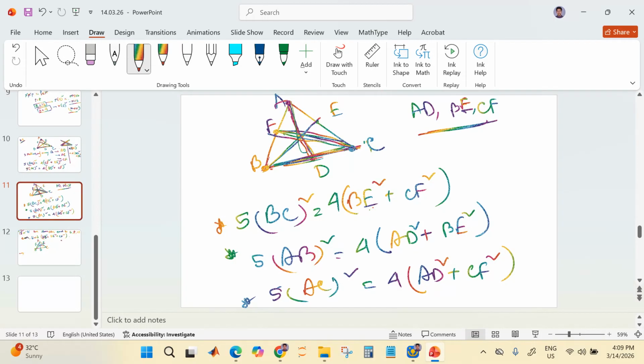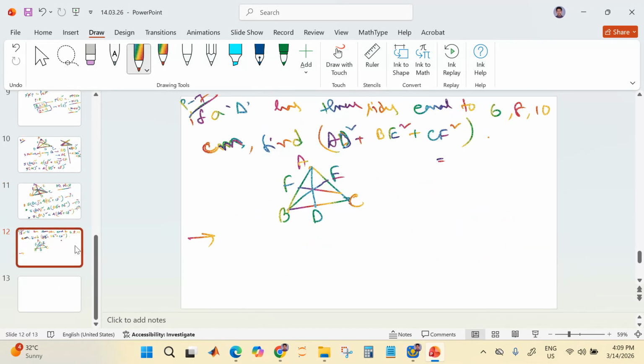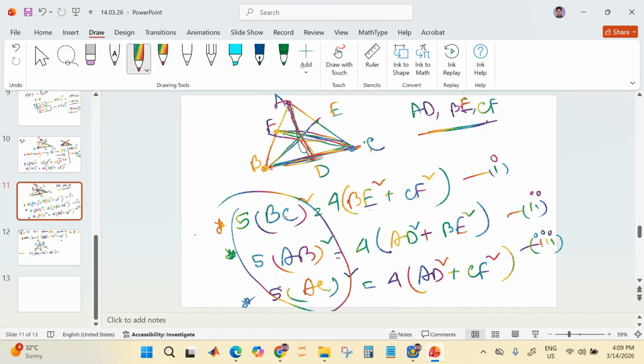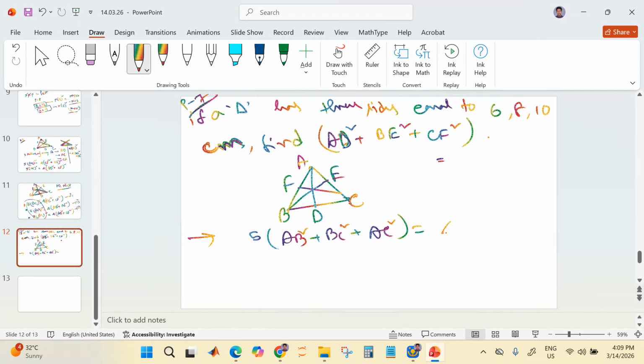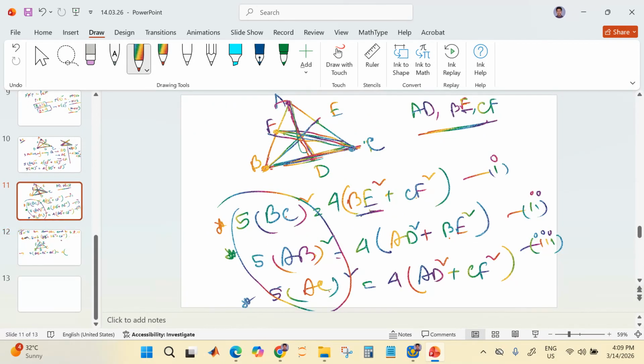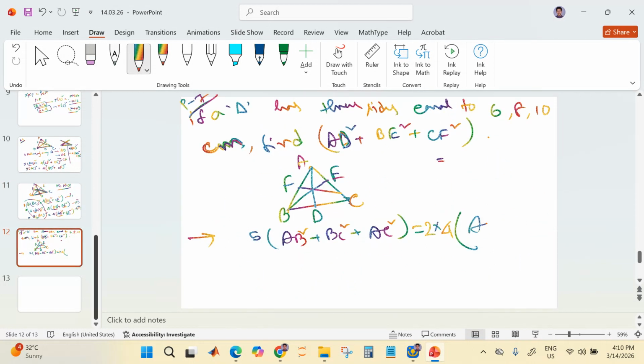আমি একটু বলে দিচ্ছি। এখানে এডি, বিই, সিএফ এগুলোকে এই বিসি, এবি, এসি এগুলো তুমি জানো, সাম করে ফেলো। মানে অ্যাকচুয়ালি কি করবে, এই তিনটে ইকুয়েশনকে আগে ম্যানুয়ালি লিখে সাম করে ফেলো। মানে আমি যদি লিখে সাম করি তাহলে কি হবে? 5 টাইমস অফ এবি স্কোয়ার, বিসি স্কোয়ার, এসি স্কোয়ার, মানে এইগুলোকে যদি সাম করি তাহলে এটা পাচ্ছি। সিমিলারলি যদি এইগুলোকে সাম করি তাহলে কি পাচ্ছি? 4 টাইমস অফ বিই স্কোয়ার, তাহলে দুবার বিই স্কোয়ার, সিএফ স্কোয়ার দুবার, এডি স্কোয়ার দুবার, মানে প্রত্যেকটা দুবার করে, মানে আরো 2 টাইমস এডি স্কোয়ার, বিই স্কোয়ার প্লাস সিএফ স্কোয়ার।